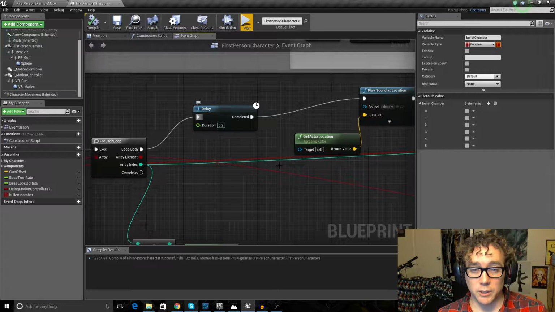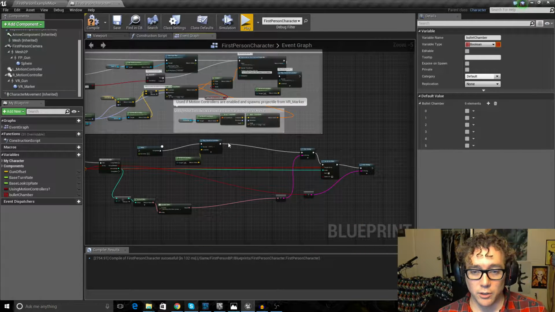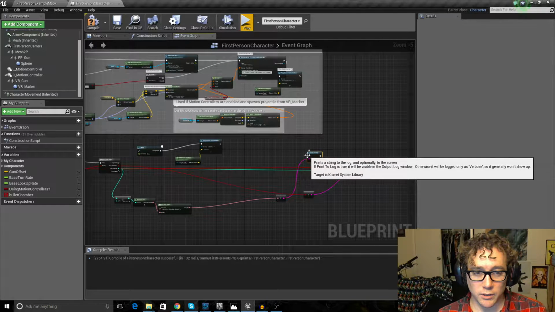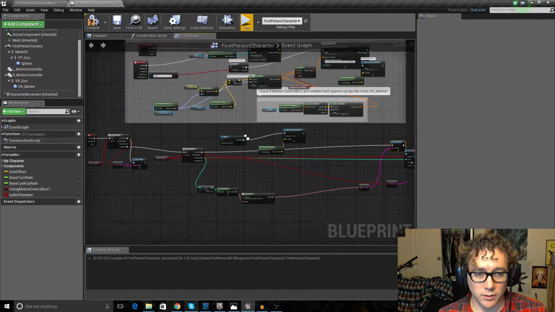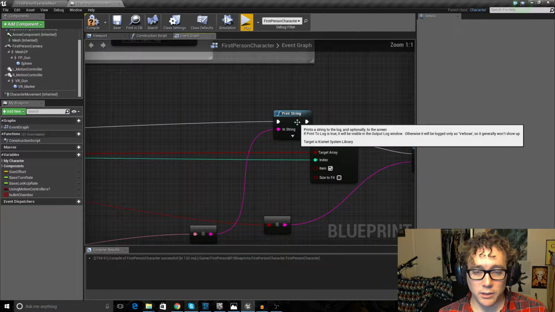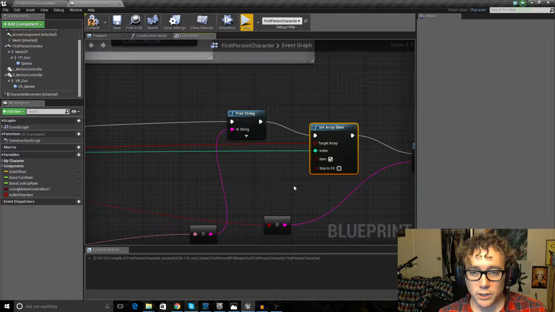For each bullet in the chamber here, I'll bypass this delay for now, and we'll just go straight to the end. Okay, so for every part in the loop, it was going to print the string and